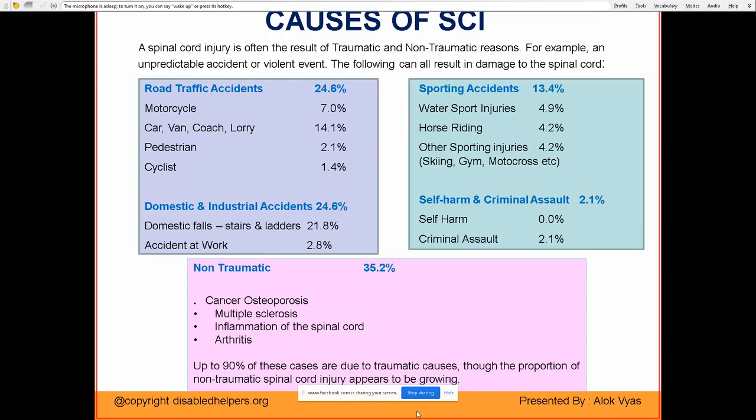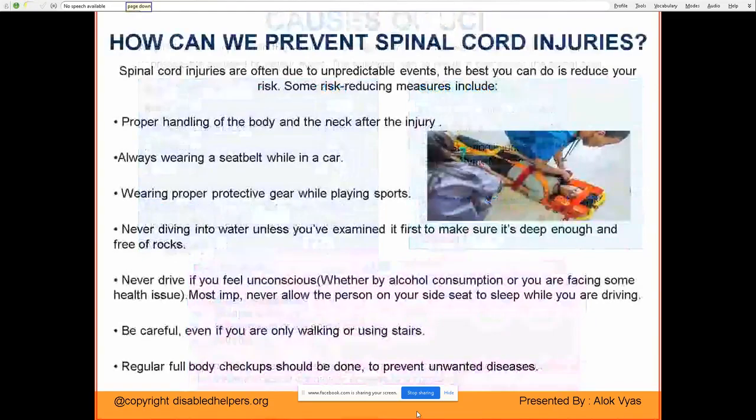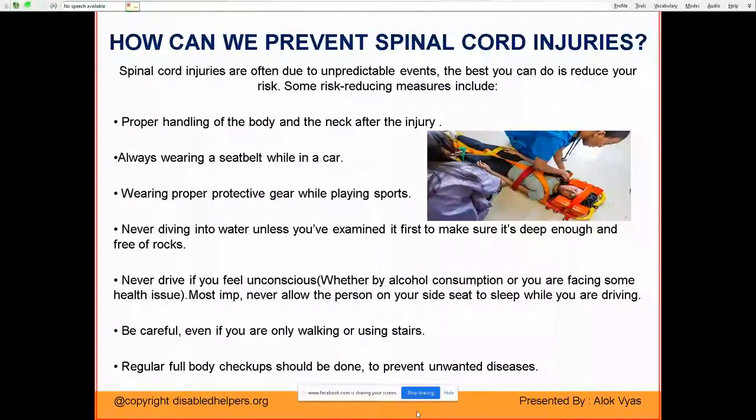Next point is be careful even if you are only walking or using stairs. This is for the little elderly people or the people who have problem with balancing their bodies. So they need to be very careful while walking or while using the stairs, because many incidents have shown that the person is walking down the stairs or going up and his foot slips, and he gets